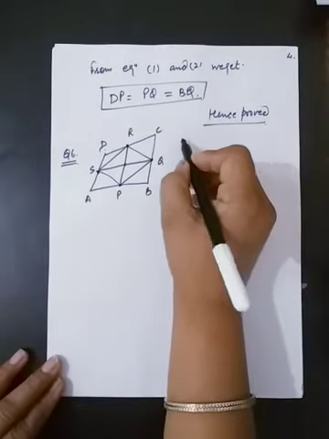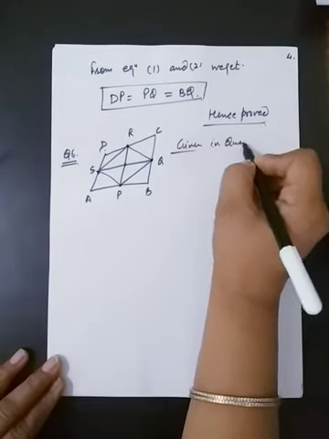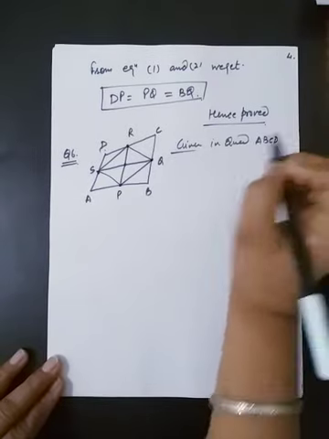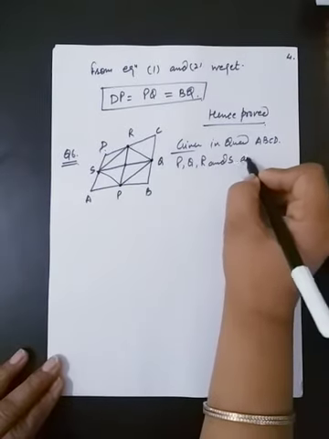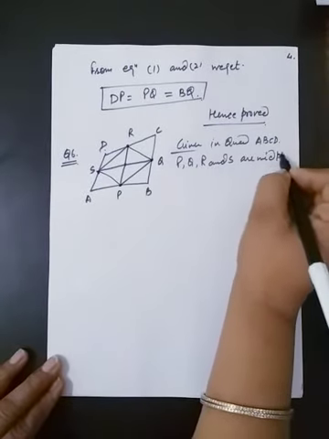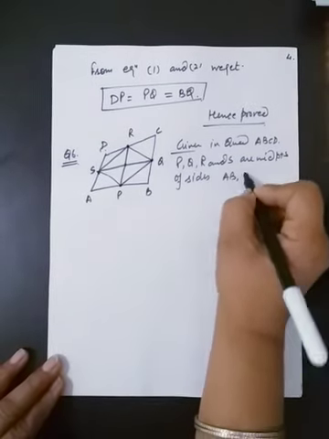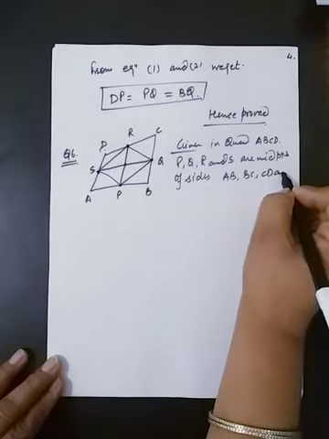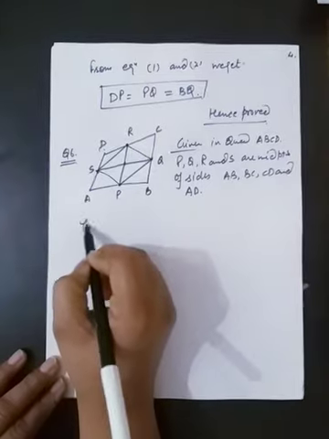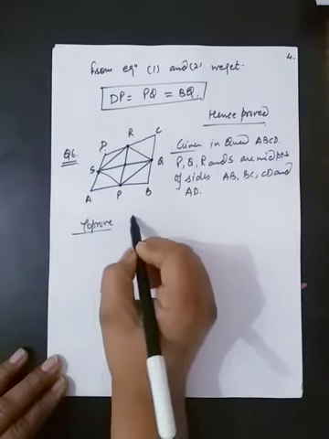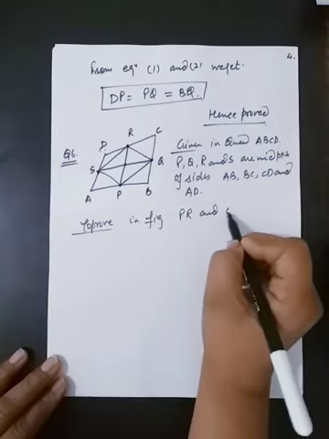So what we have to do, given in quadrilateral ABCD, P, Q, R and S are midpoints of sides AB, BC, CD and AD. To prove, in figure, PR and QS